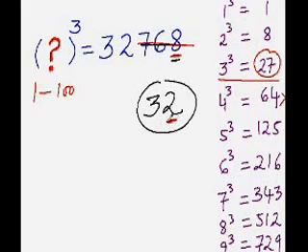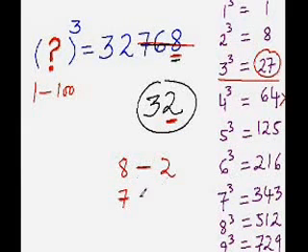Okay, so let me add here, if the last digit is 8, I told you to replace it with 2. If it's 2, then you replace it with 8. If it's 7, then you replace it with 3, and vice versa. If it's 3, then replace it with 7. These two are known as conjugate pairs.